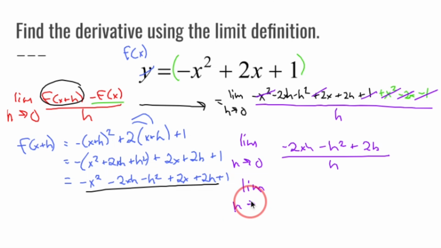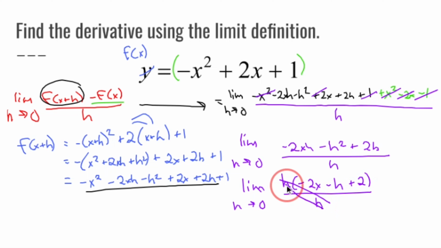So the limit as h approaches 0 of, let's pull out an h, negative 2x minus h plus 2, over h allows me to cancel out these h's. So the limit as h approaches 0 of negative 2x minus h plus 2